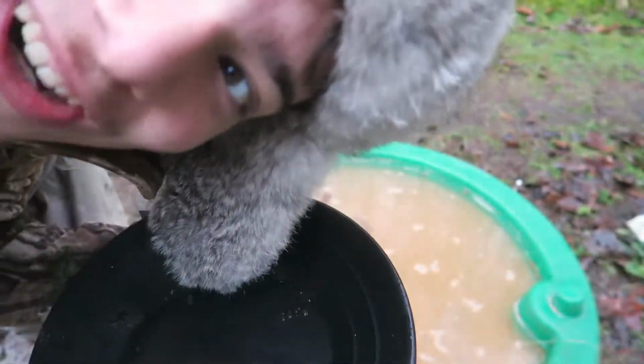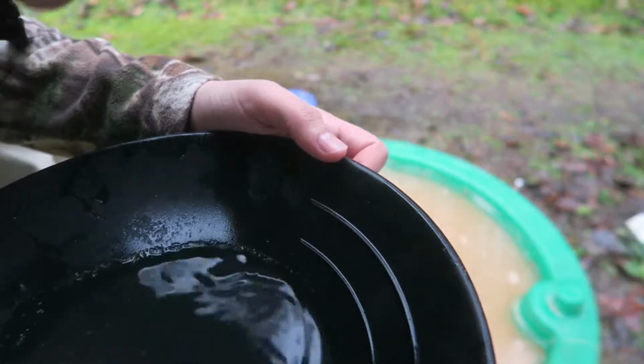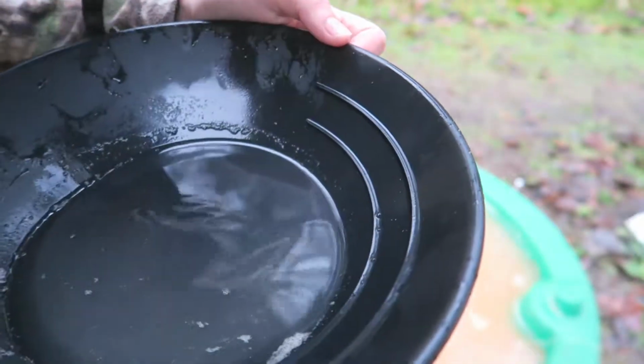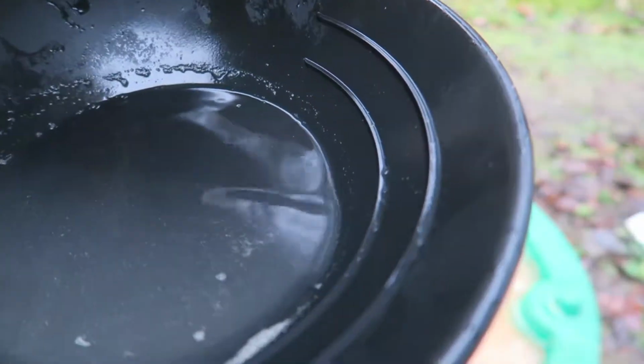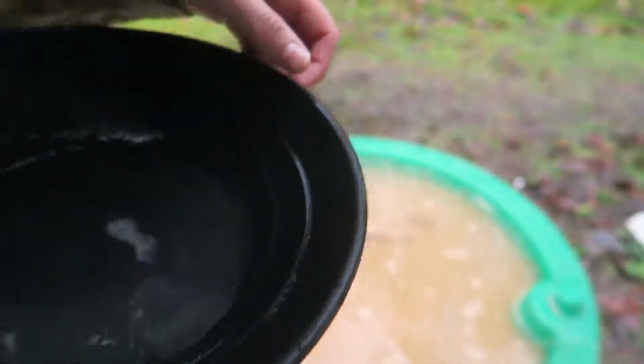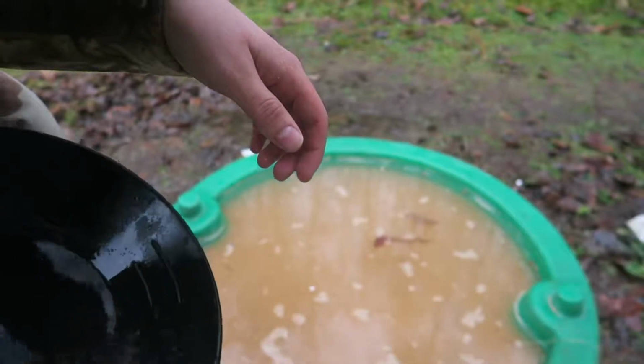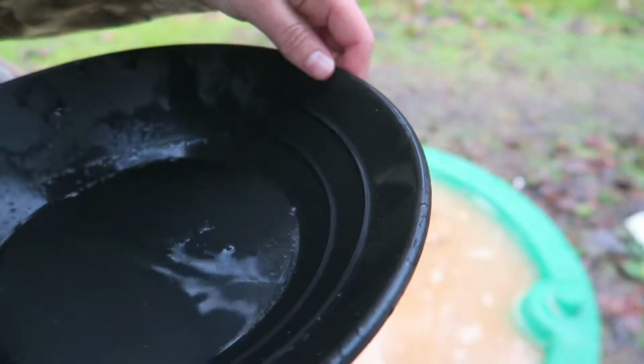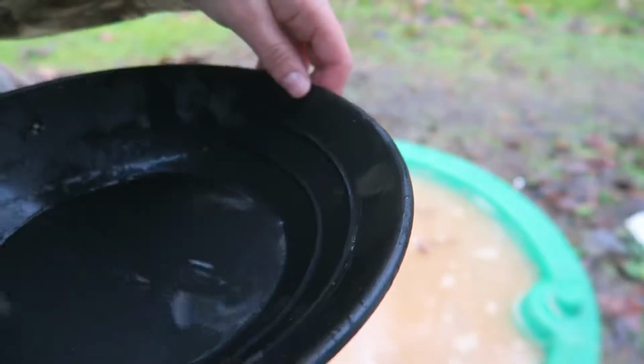I just found my first bits of gold. Wow. I'm excited now. And it's in that little group right there. Just doing that because I want it all in one corner. So when I swirl it around,